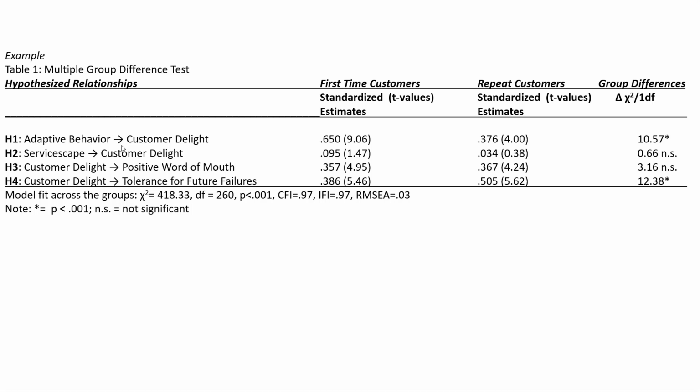But it's easier for the reader to see exactly the relationship you're talking about. Adaptive behavior to customer delight, H1. I'm going to present those standardized regression coefficients again with this. I like to put the t-values right beside it, in parentheses, and I'll note down here too,